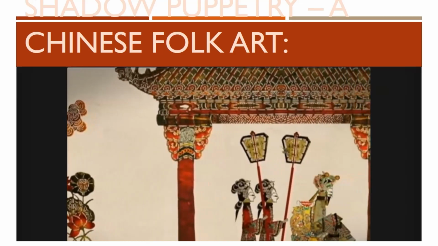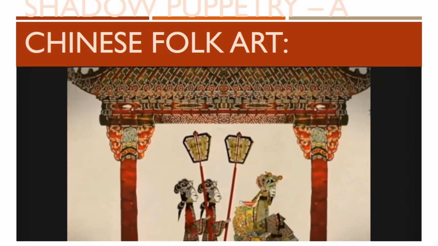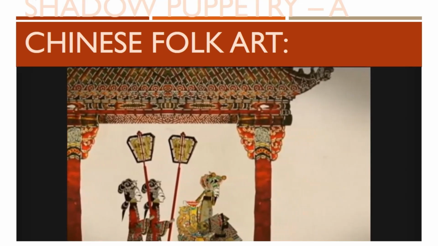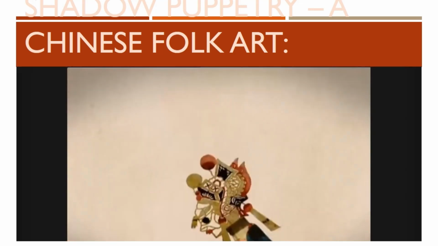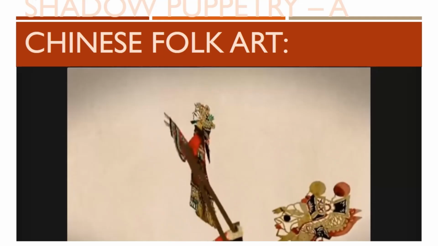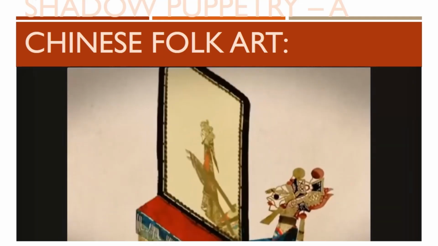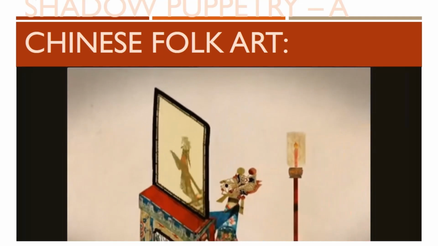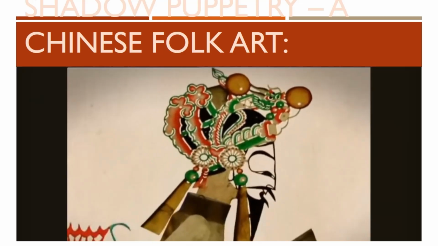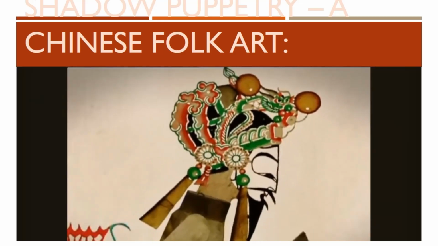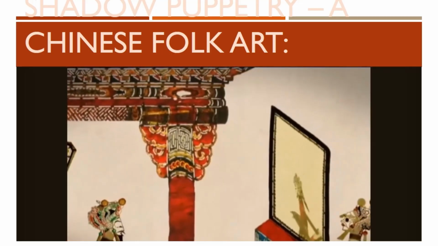A long time ago, a monarch missed his deceased concubine so much, he got sick. His ministers reproduced the image of the concubine with cloth and put it behind a screen. The monarch could see the shadow of his concubine on the screen. This was the origin of the shadow puppet, Pi Ying.